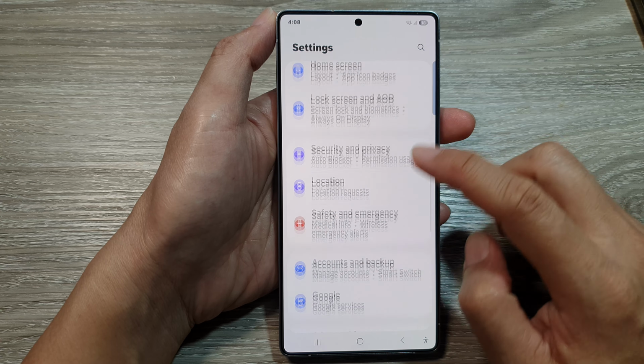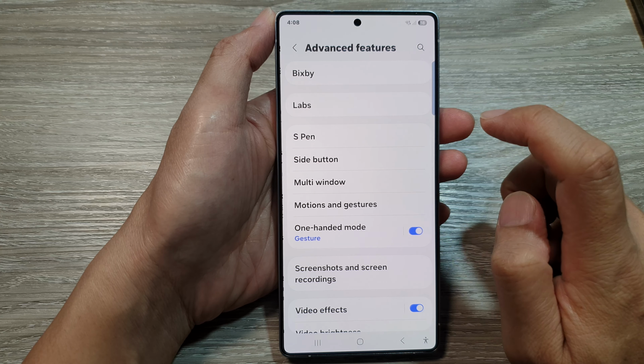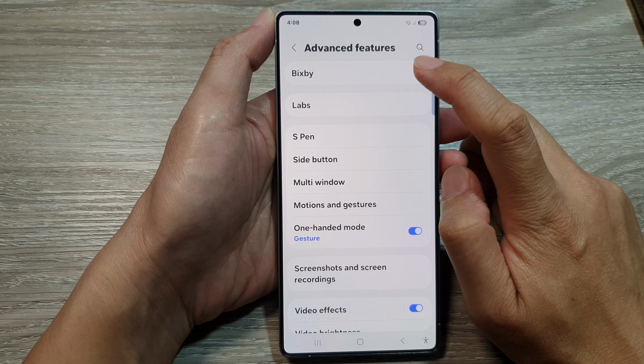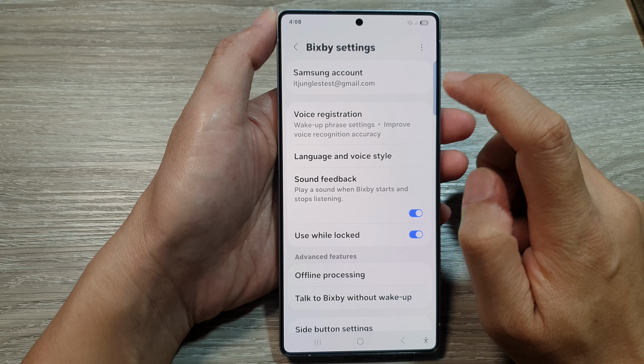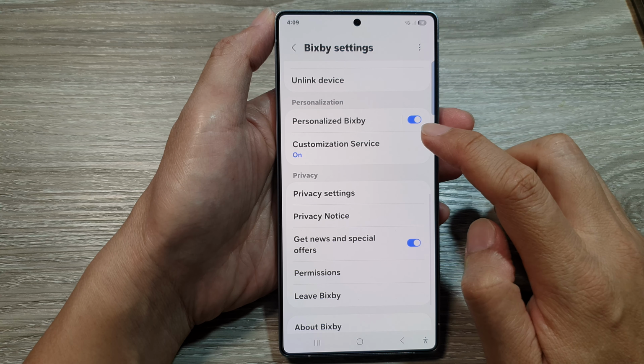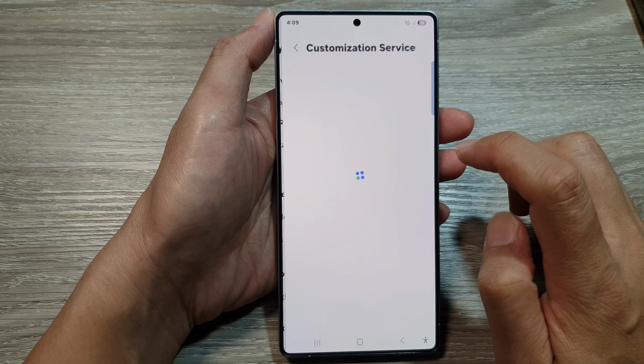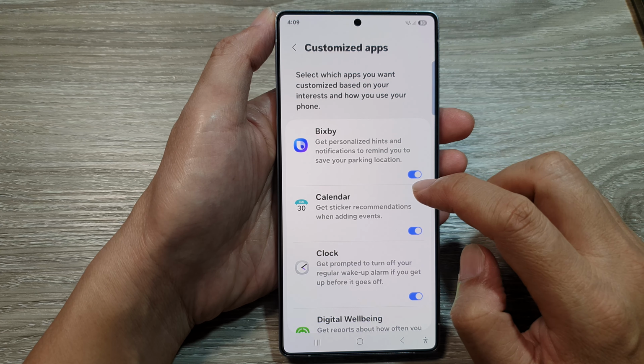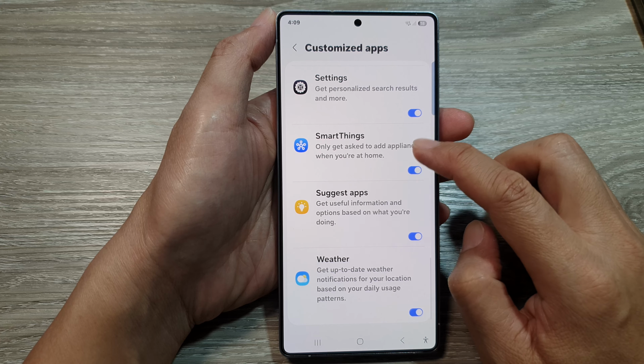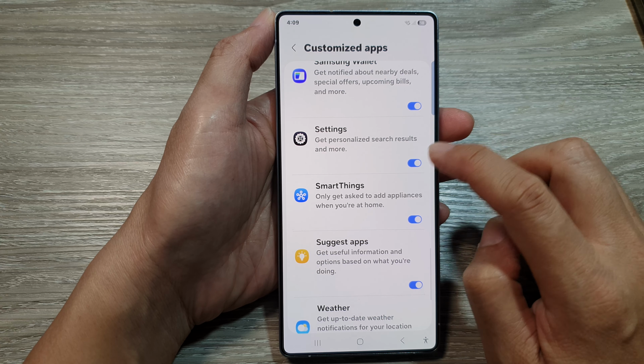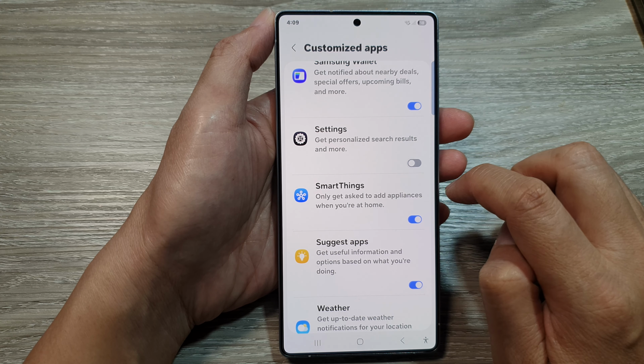From here, we scroll down, then tap on advanced features. Then at the top, tap on Bixby. Now scroll down, then tap on customization service. After that, we scroll down, and in here tap on the settings toggle button to switch it off or turn